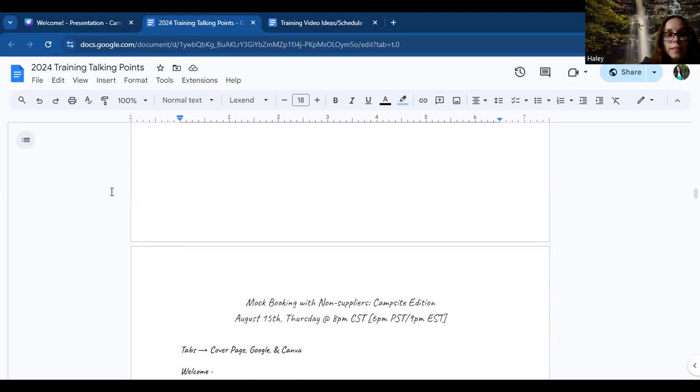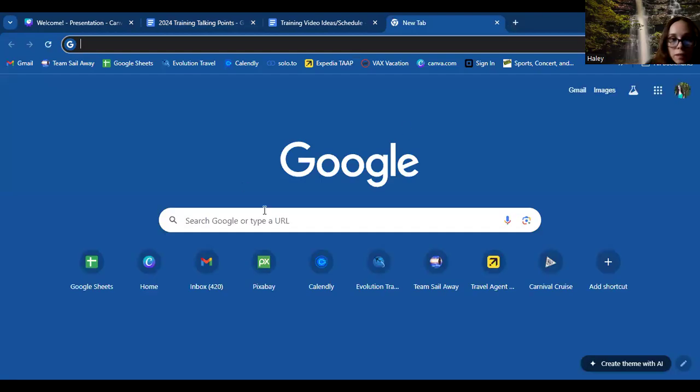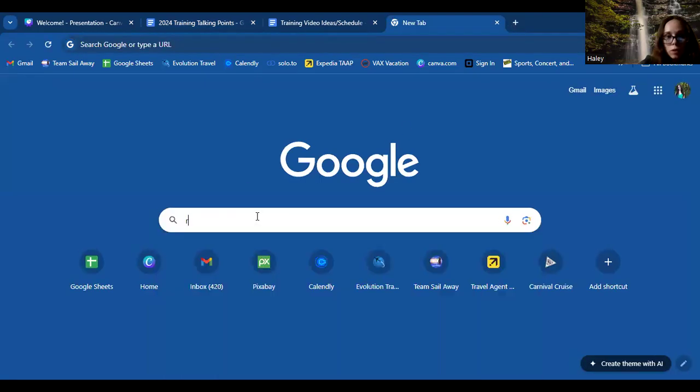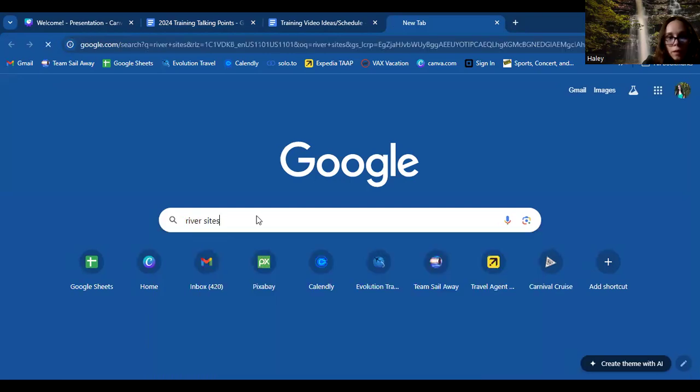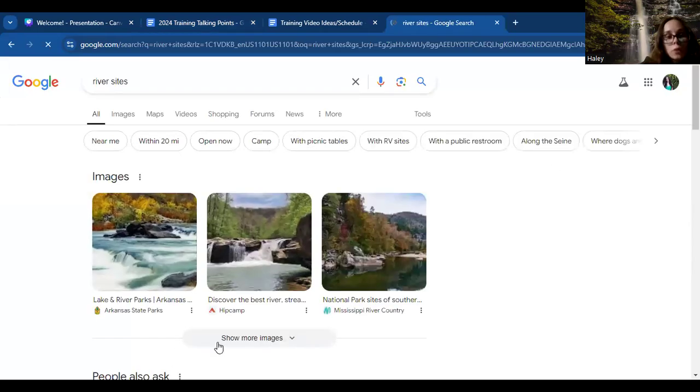What it would look like is I would pull up my cover. You see that on my cover screen here, like you would see the talking points now. And I would just go into touching on the training. Then I would pull up that Google page. I'd already have it pulled up, so I would go to the next tab and type in river campsites. And then boom, I walk them through it. We pick one, we go through it, stuff like that. So that's your walkthroughs.